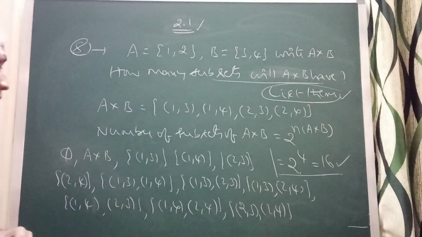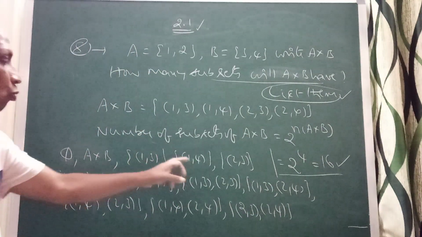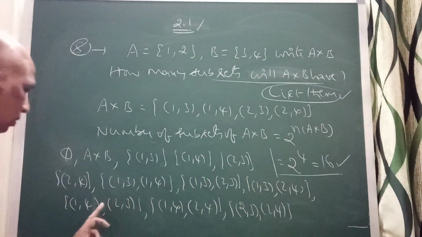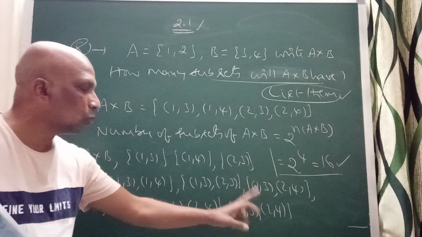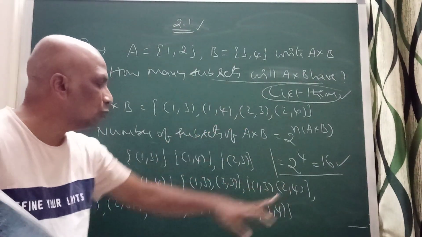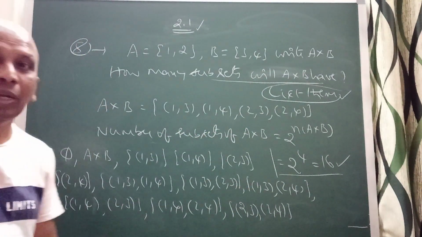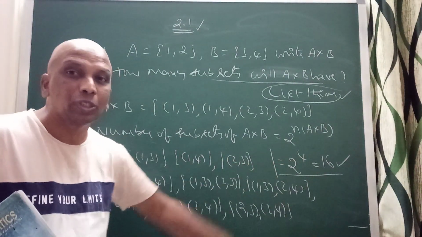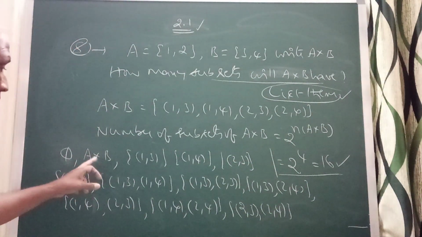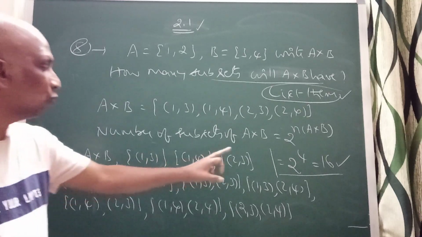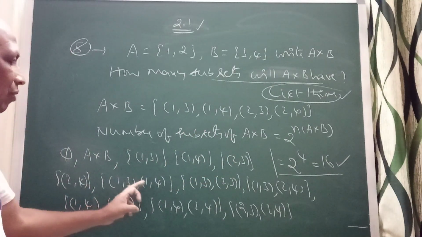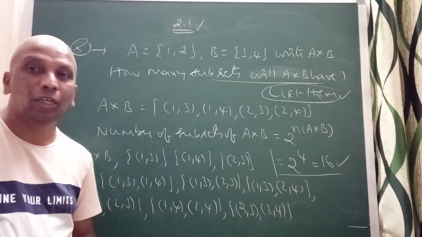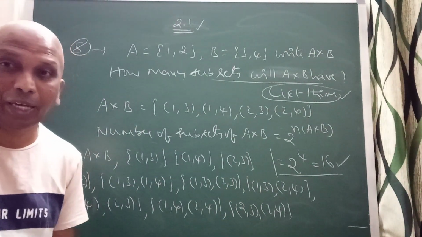You can see how many I have written here: 1 2 3 4 5 6 7 8 9 10 11 12 I have written. 2 3, 2 4 I have written, right? 12 I have written. Another 4 I should have, total 16, right? We will get total 2 power 4, 16. And you can see I have written here 12, another 4. Combination of 3 3 I should write.